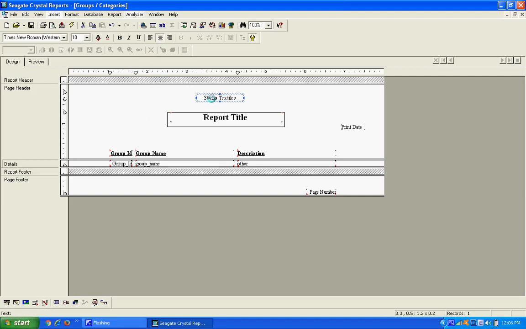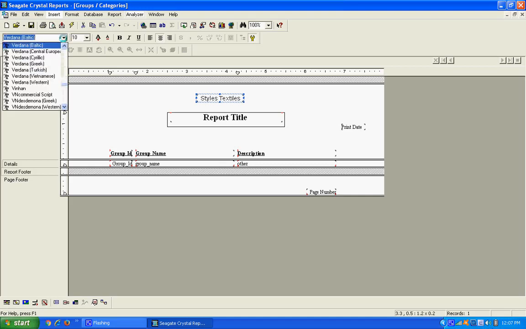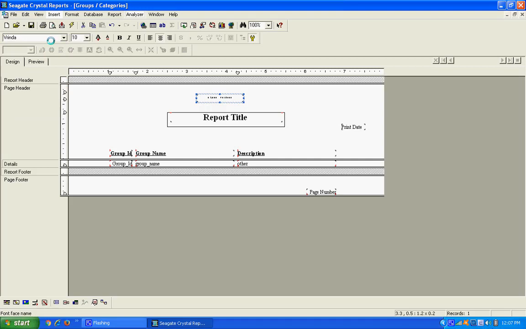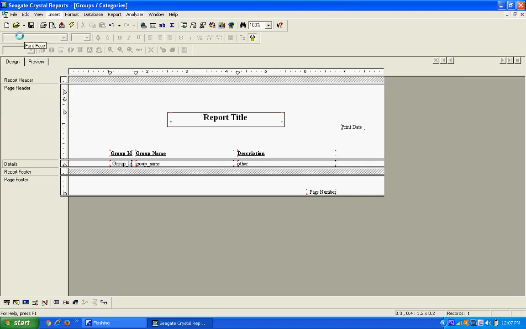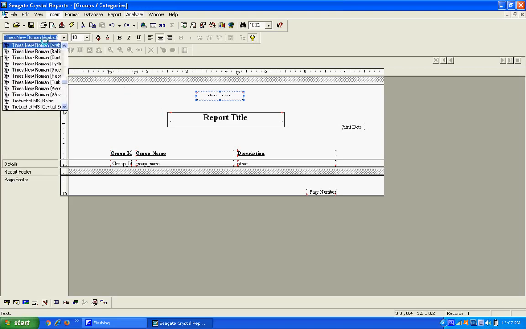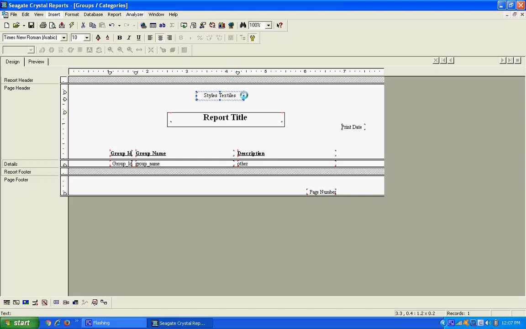Go to decorate this, choose a font design, whichever font style you like to add. I am going to select Times New Roman. Increase the width and height for the beauty of this report and increase the size of the text.